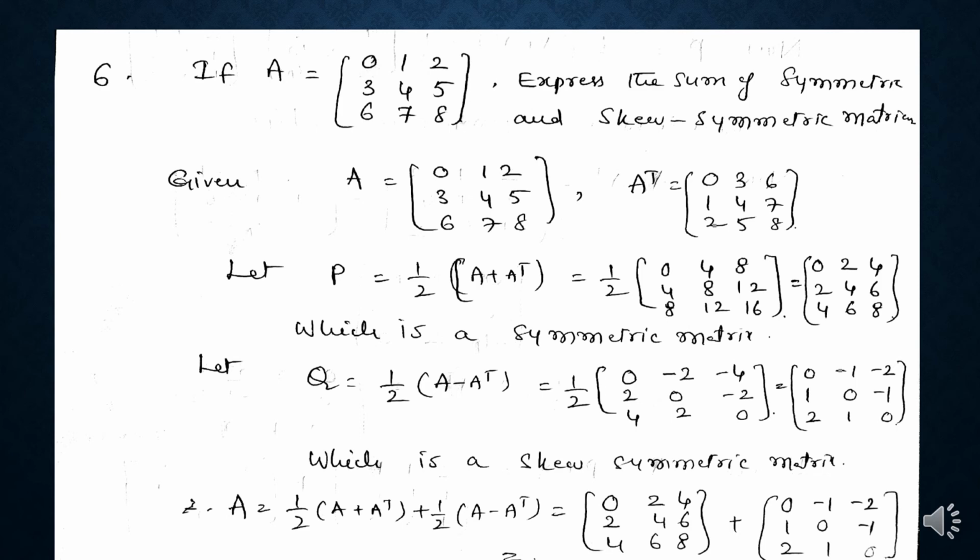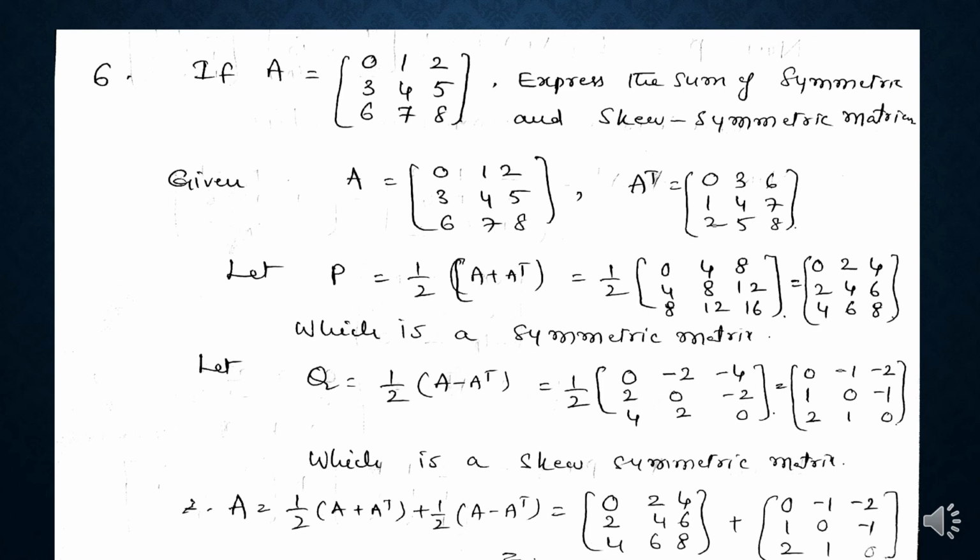Next problem. If A is equal to [0 1 2; 3 4 5; 6 7 8], express it as the sum of a symmetric and a skew symmetric matrix. Like in the previous problem, A is equal to [0 1 2; 3 4 5; 6 7 8]. Then A transpose is equal to [0 3 6; 1 4 7; 2 5 8]. Let P be equal to half into A plus A transpose. So that is half into [0 1 2; 3 4 5; 6 7 8] plus [0 3 6; 1 4 7; 2 5 8]. So by adding these two matrices, we will get